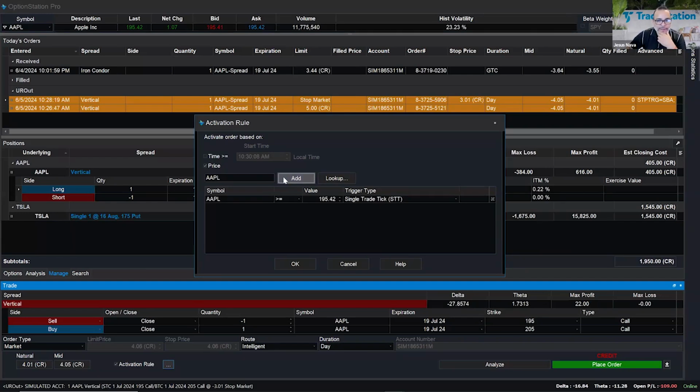Let's add it. If Apple trades below 195, I'm not interested anymore. Okay, this is a bullish spread that I put in, and I want the price of Apple to go up. So I'm going to add another condition that says if Apple goes above 200,